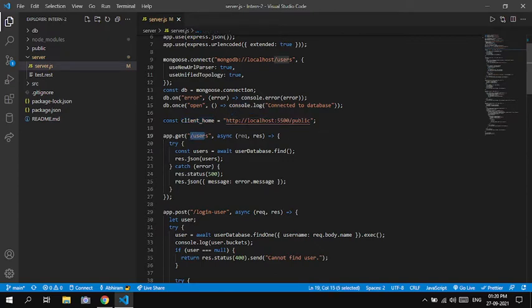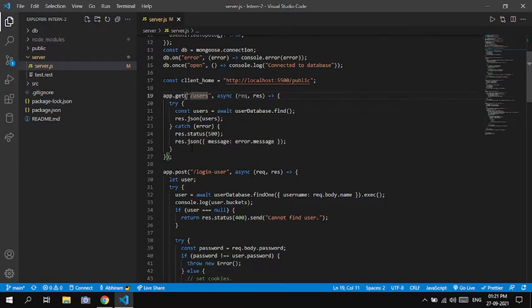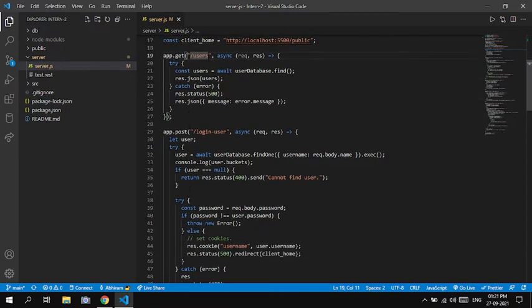There is only one client URL and there are no routes because React is basically a single page web application. So here slash users will be returning all the data that is present in the MongoDB: all the usernames, passwords, and the bucket names along with the bucket data.